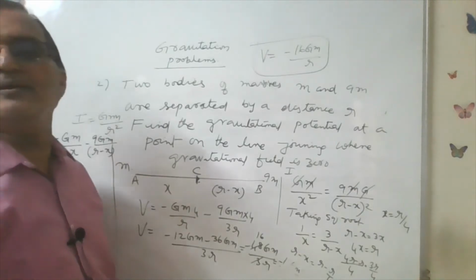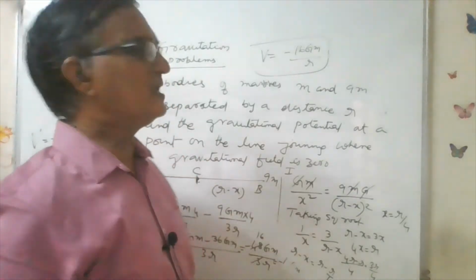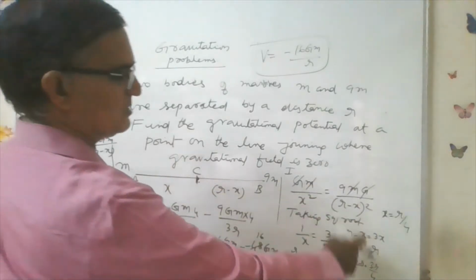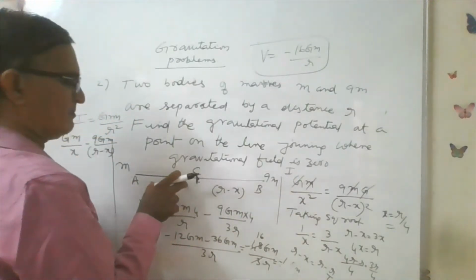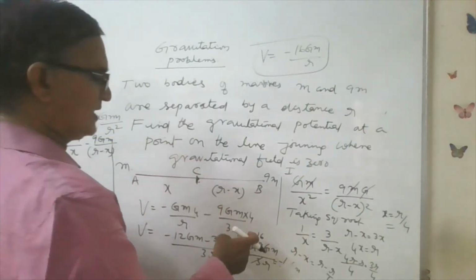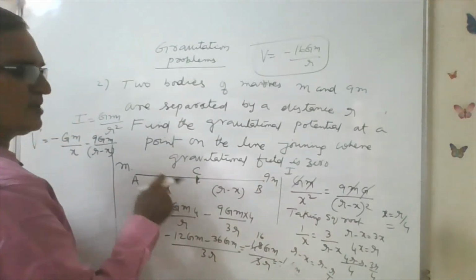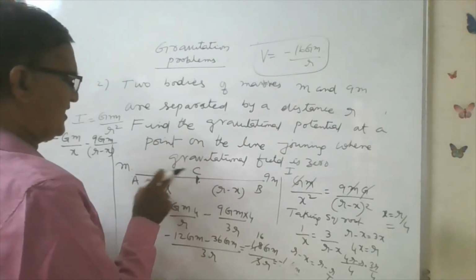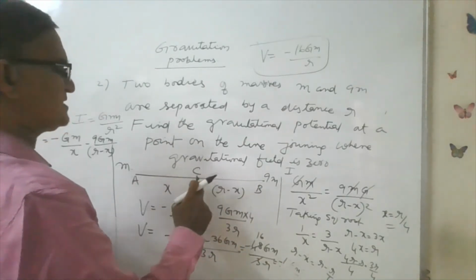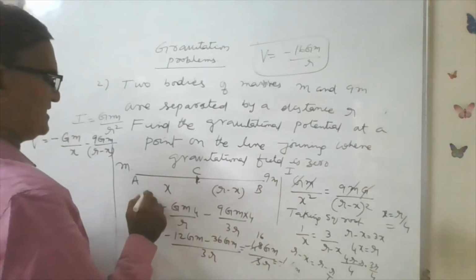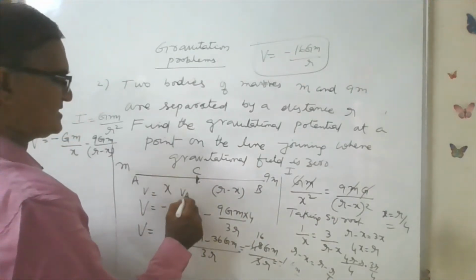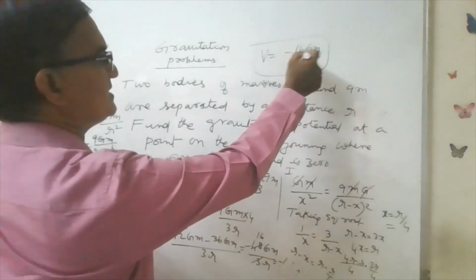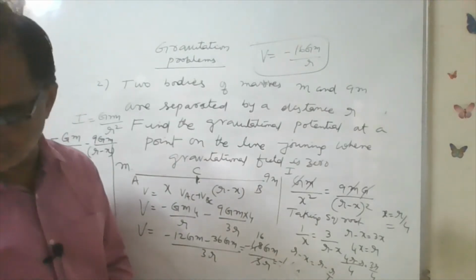Okay, this is about the gravitational potential where the field is 0. First we take x and r minus x. We calculate the point at r by 4, from here to here r by 4. The remaining distance we got as 3r by 4. So to calculate potential, you have to take this distance. It's like electric potential. At that point you have to take the sum, VAC plus VBC, the potential due to AC plus the potential due to BC. You are getting this as minus 16GM by r. This is the second problem.